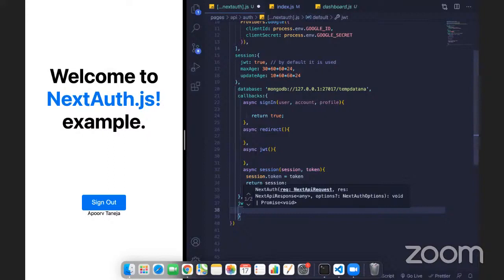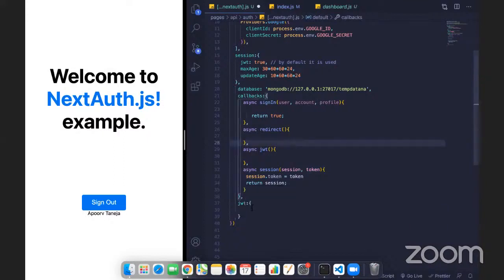By default it uses the HS512 algorithm, but if you want to use a different algorithm as per your need, you can specify the different algorithm here which you want to use. So this configuration is used to make your application more secure, more protected from different cyber attacks. So this is how you can configure your JWT.